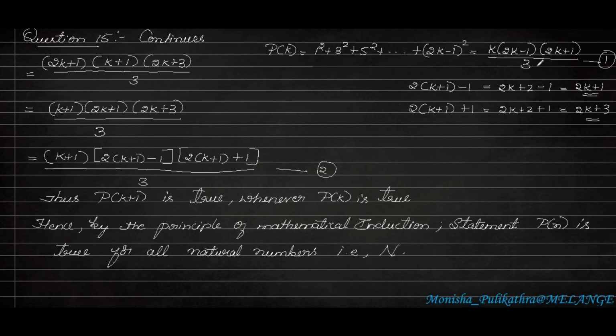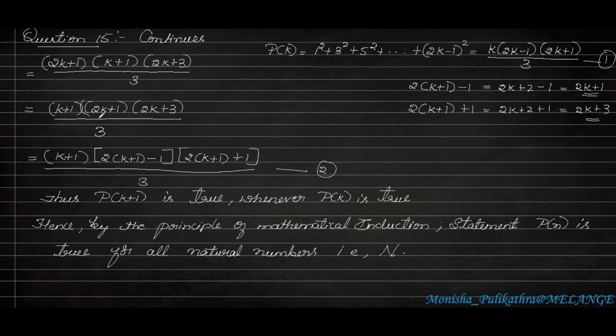So in order to prove p of k plus 1 is true, we have to bring the equation in this form. So we have to make a slight interchange. First I will be taking k plus 1, next 2k plus 1, next 2k plus 3. Next I will interchange this 2k plus 1 in the form of this. That is 2k plus 1 as 2 into k plus 1 minus 1. So what it will become when you multiply it: 2 into k, 2k, 2 into 1 is 2, minus 1 as it is. So plus 2 minus 1 will be plus 1.